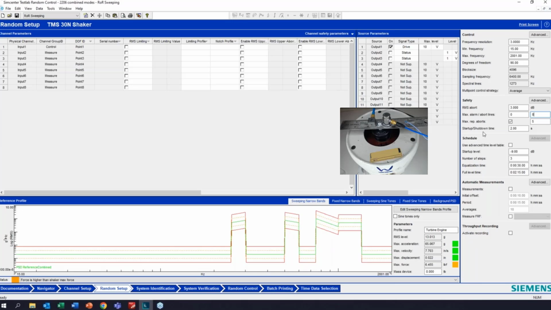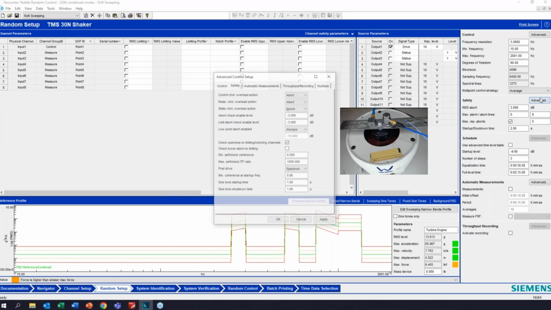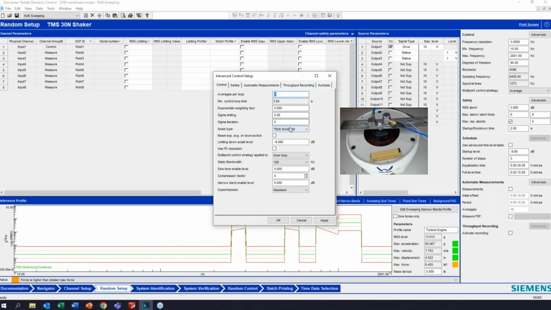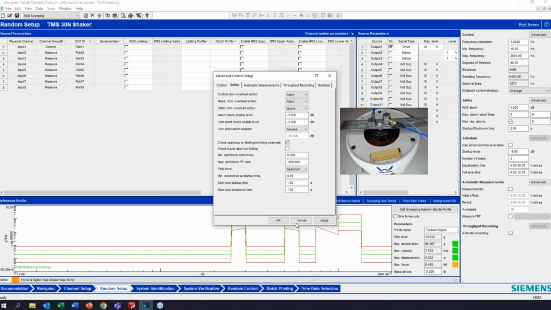So there's a lot of things that you can do to tweak this to get it to run within the spec that you're given. There's also other things that you can deal with to avoid having to increase these abort lines, like changing the degrees of freedom or some other options here that you can adjust with the control advanced settings. Also, you can run multiple control points. Sometimes that'll help with a very reactive structure to get kind of an average control. But that's about all I had.